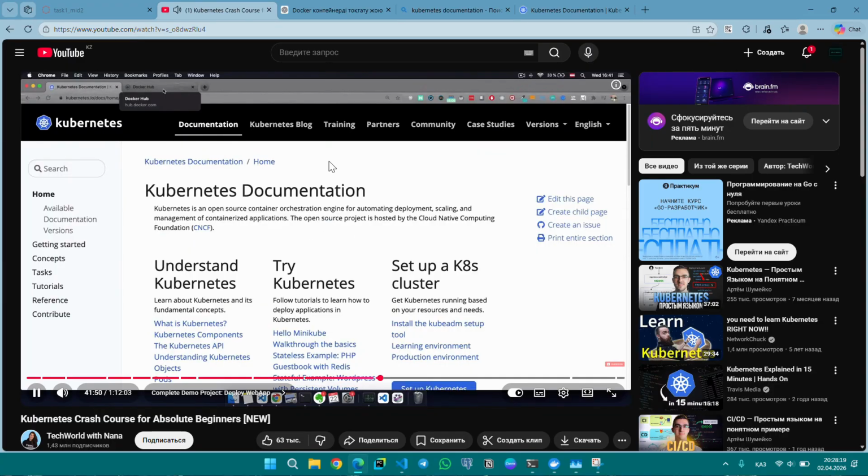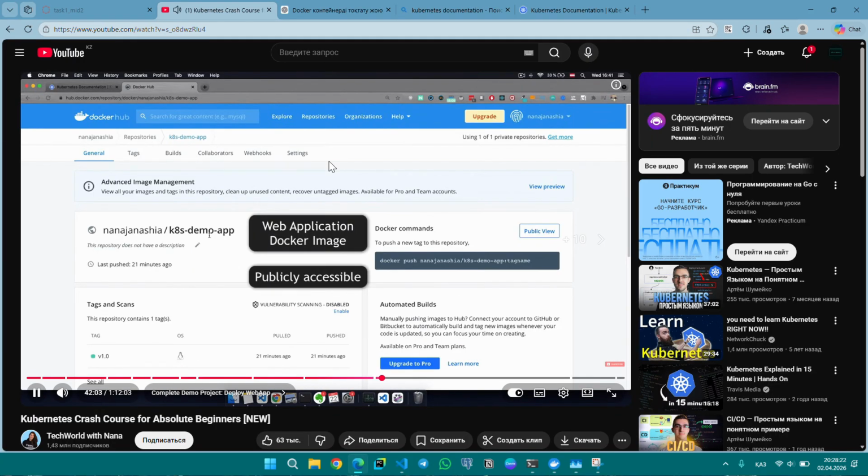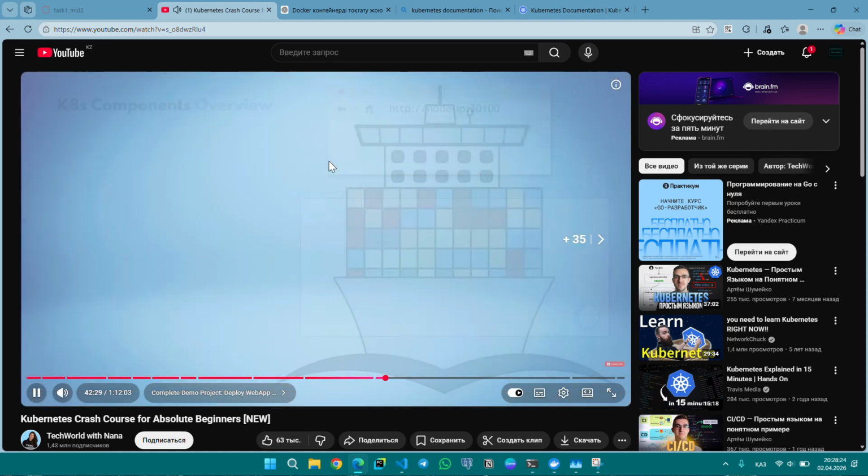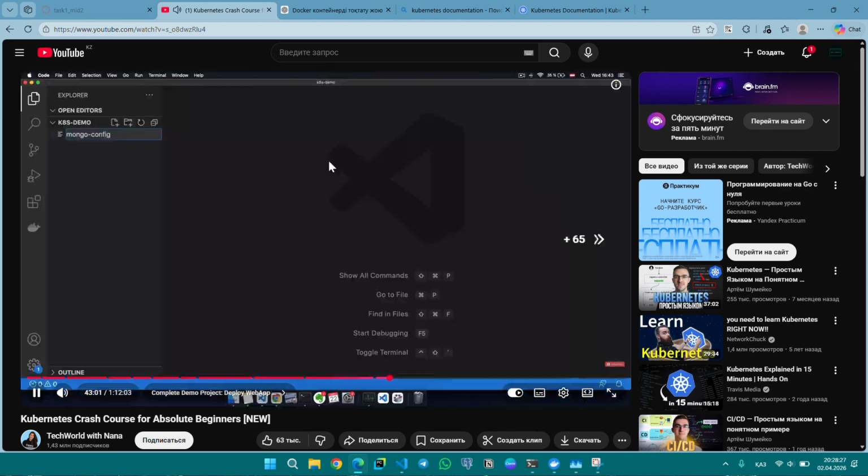We're going to reference the Kubernetes documentation to create our components, and then let's go and create a simple